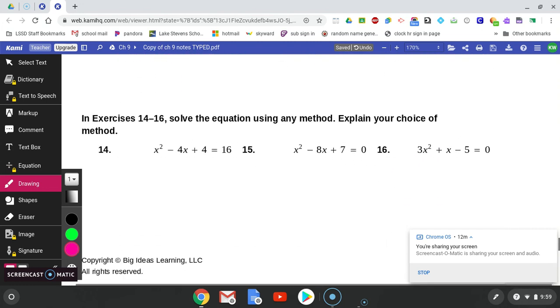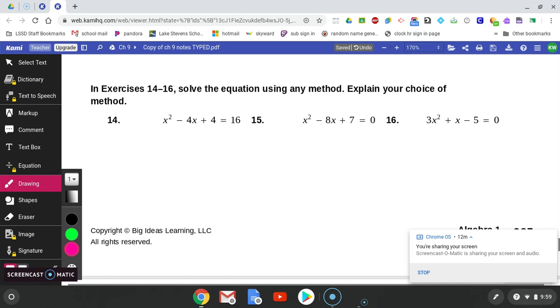All right, the last one says to solve using any method, but make sure and explain your choice. So go ahead and try these 3 problems using any of the methods we have learned. And then think about why you chose that method. Pause the video and come back when you've done all 3 of them. Okay, so number 14